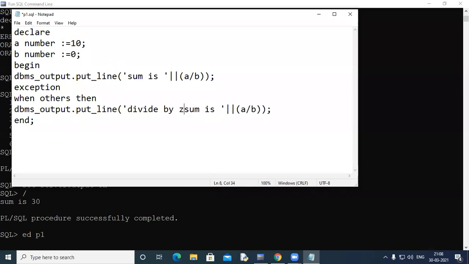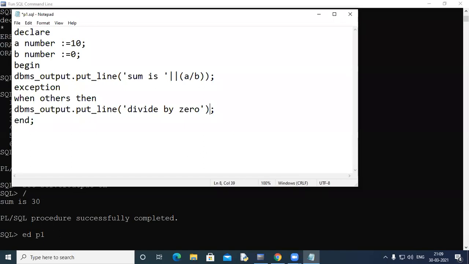I can write here 'divide by 0'. I know that this error is going to occur because I'm dividing a by 0. So once I run this code, the control would jump from the begin section to the exception section.